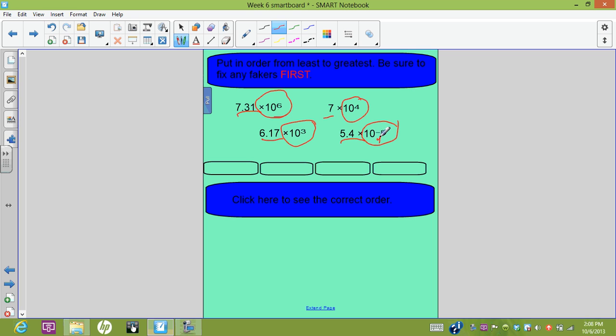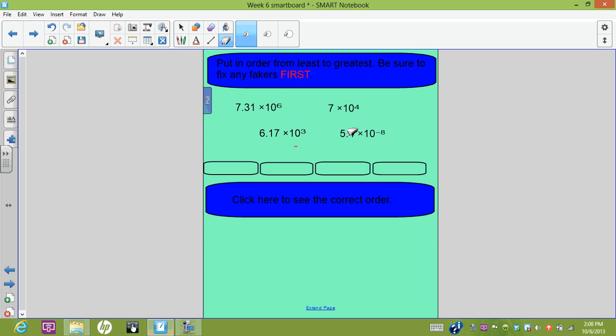8. Be careful with those negatives. A lot of you would ignore that negative sign and say, oh, that's the biggest one because it has a power of 8. No, it's a power of negative 8, which actually means that this number, 5.4 times 10 to the negative 8, is our smallest number. Next, we have 10 to the 6th, 10 to the 3rd, and 10 to the 4th. 10 to the 3rd is going to go in our next spot, 10 to the 4th, and then finally 10